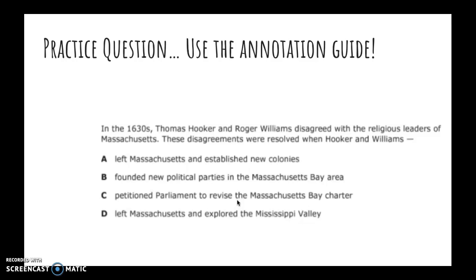So, practice question. In the 1830s, Thomas Hooker and Roger Williams disagreed with the religious leaders of Massachusetts, Puritans. These disagreements were resolved when Hooker and Williams, all right,